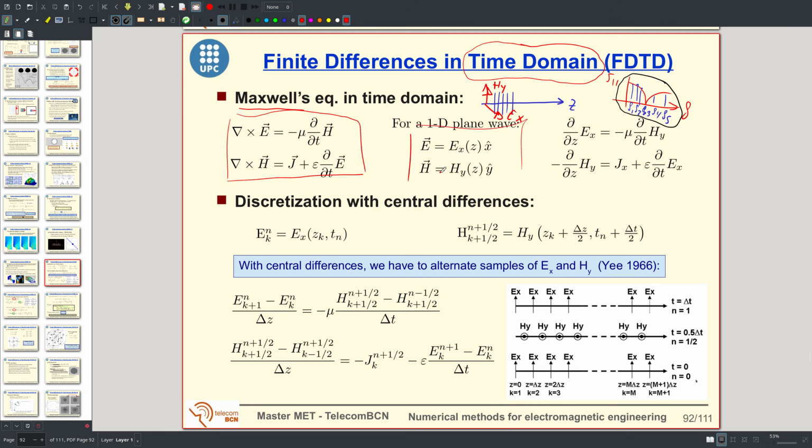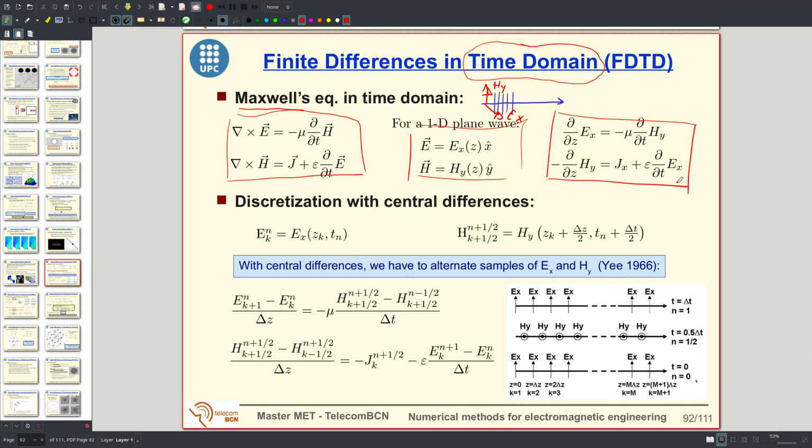Then substituting this wave in Maxwell's equations, the curl of the electric and magnetic fields becomes a derivative with respect to the z coordinate, and Maxwell's equations become very simple, just a small system of two differential equations